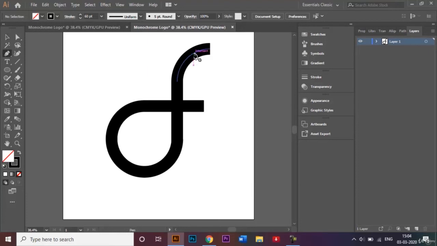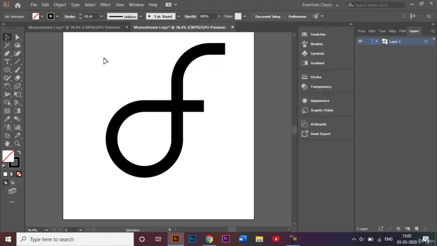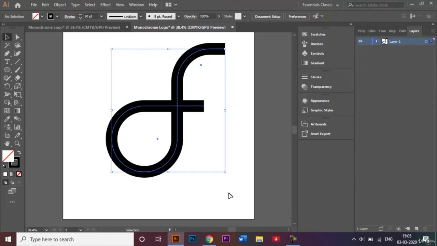And similarly, I'll be using the pen tool over here in this top anchor point and also extending this a little to the top like that. So we've made the basic shape so far, but the only thing that's left to do is that I'll be selecting all of this,